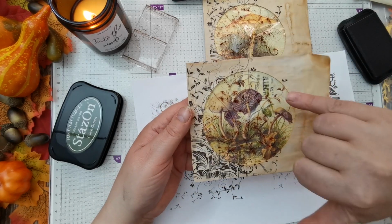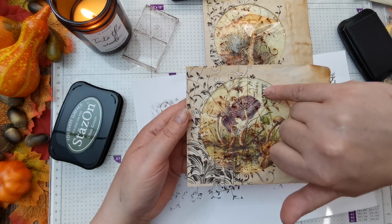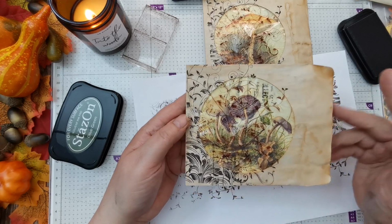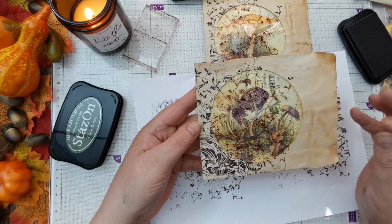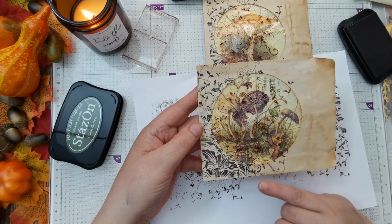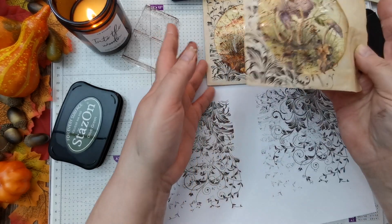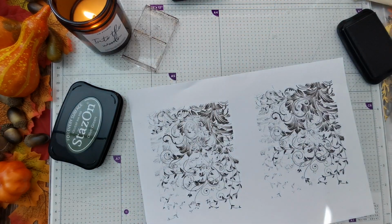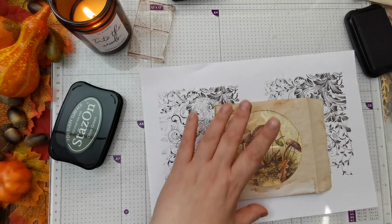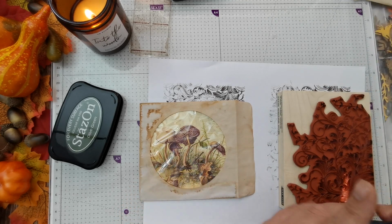I had tried inking before. If you can see that there, I did that with the black archival. It did eventually dry, but it took days and days. And Liesl did say try the Staz On, so that's that one. I'll just put them over one side to dry, because I don't actually know how long it'll be till I can touch them. So I might have to pause the video